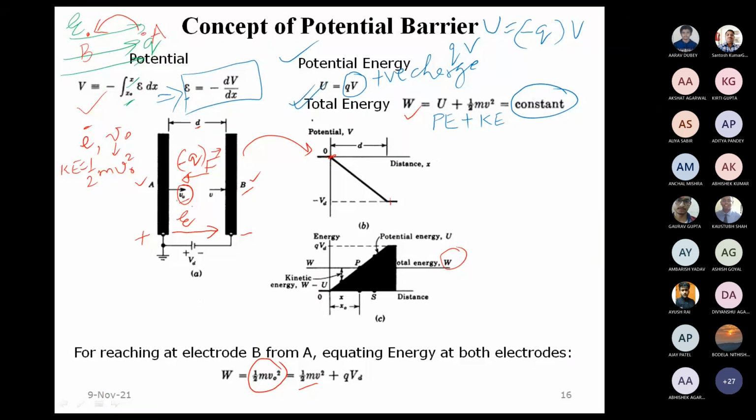How much it acts against the field, that energy is going to be stored in the form of potential energy. So we see here that the kinetic energy half m v square, in which v is reducing, that is, v is going to be less than V naught as it proceeds towards plate B, plus q V D. These are the values at plate B. At some intermediate point, v may have a different value, and q times some V. So in general, we have half m v square plus q V, where V is of course less than V D, some value in between.